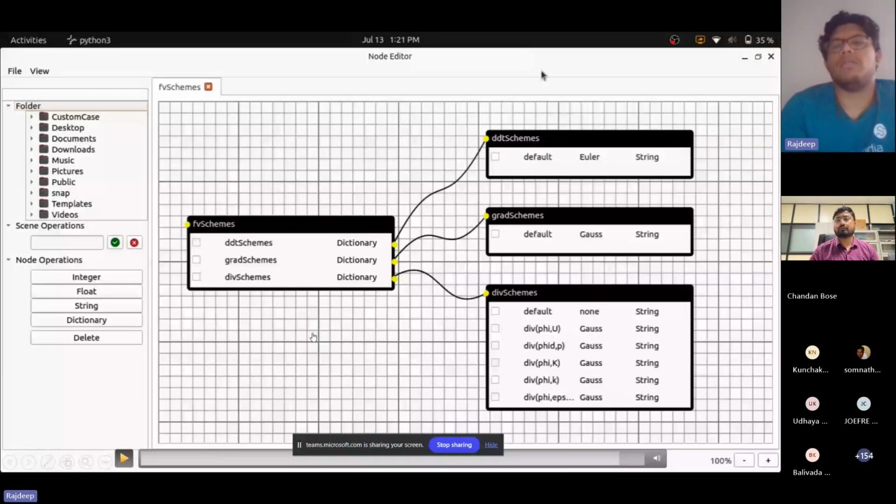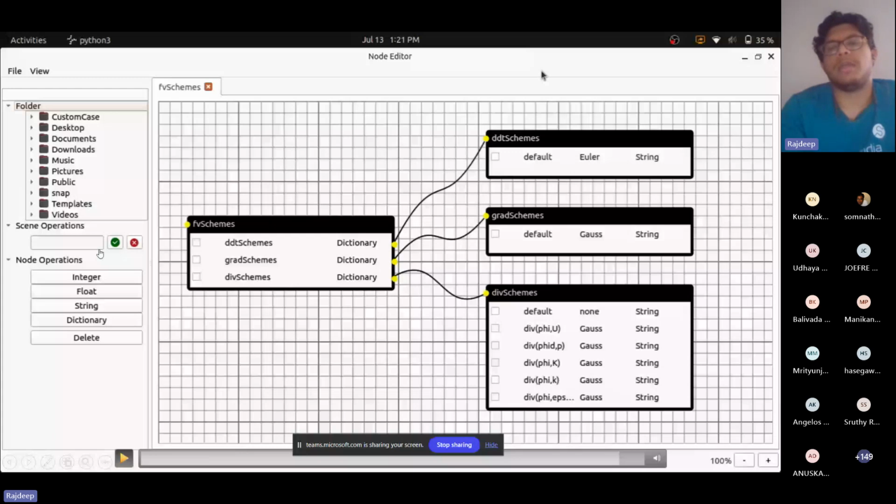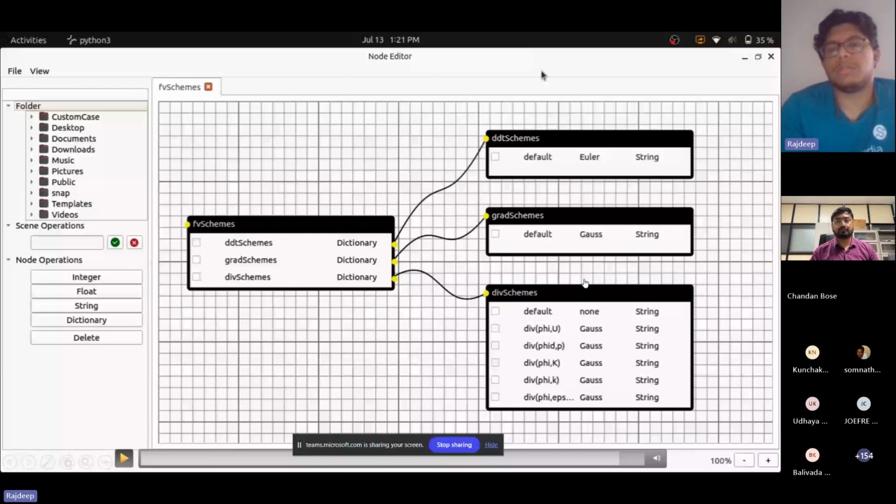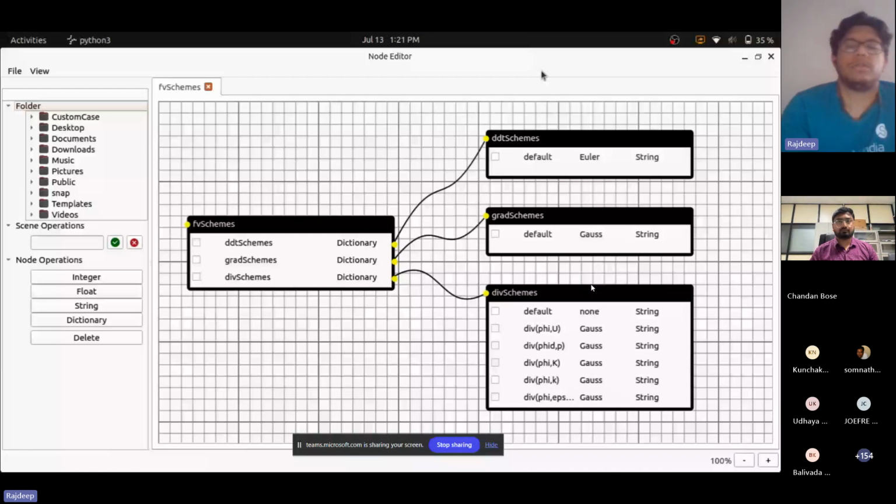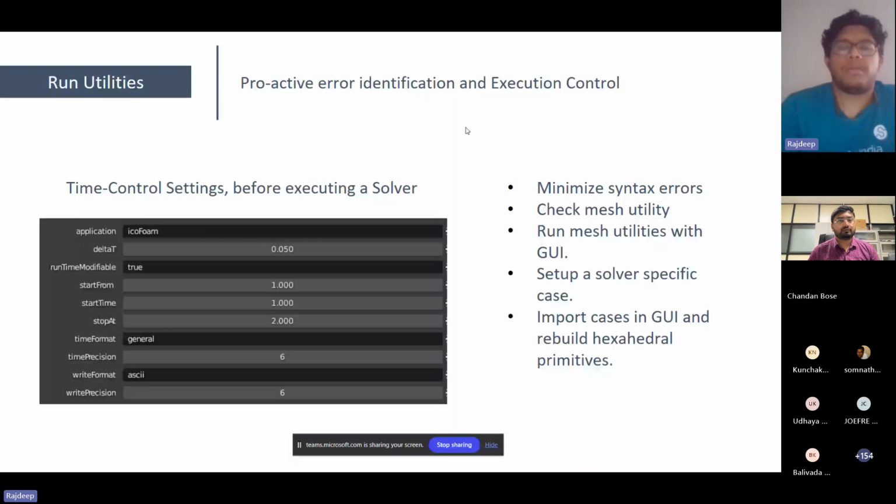We can hold on any of these nodes, and then you can go towards the left side where you have different tools to manipulate them. This is also something which is presently in the works, so you don't really see the final version of this, but I'm presuming that the final version is going to be far better. We also have proactive error identification and execution control, and all of this is under a section within Venturial